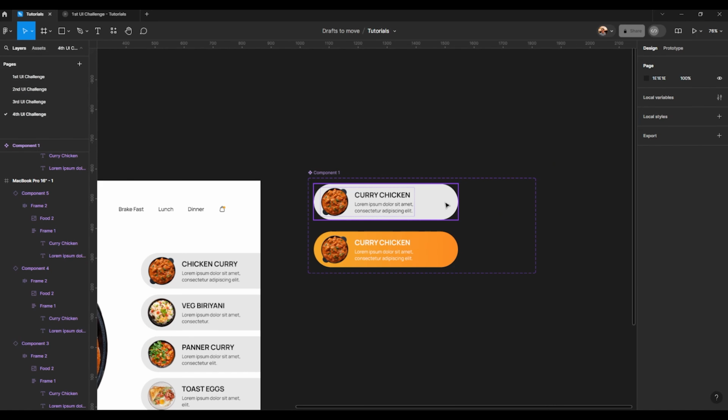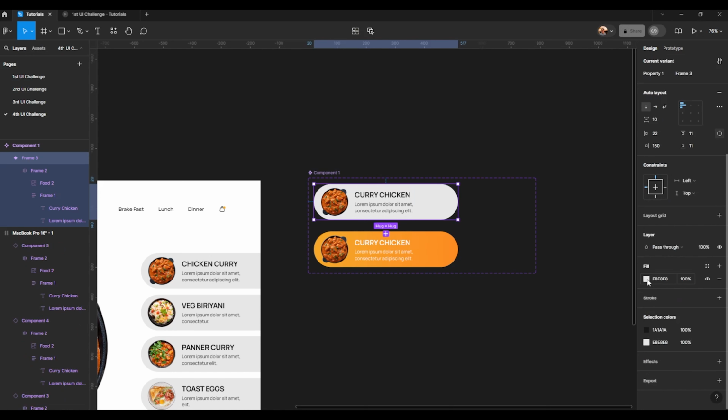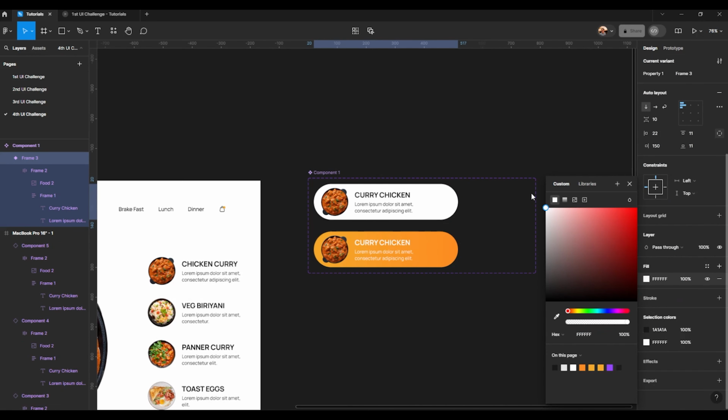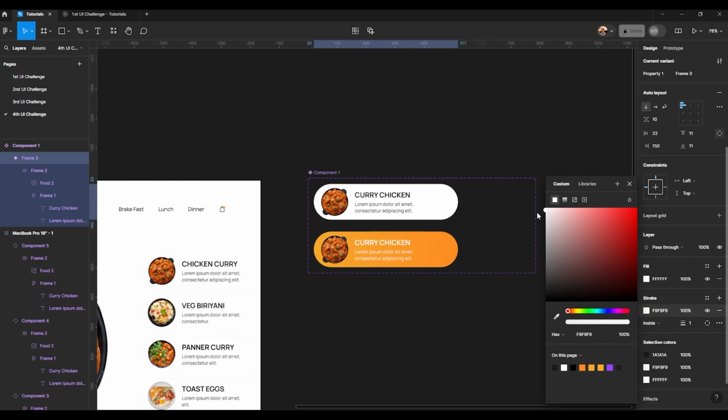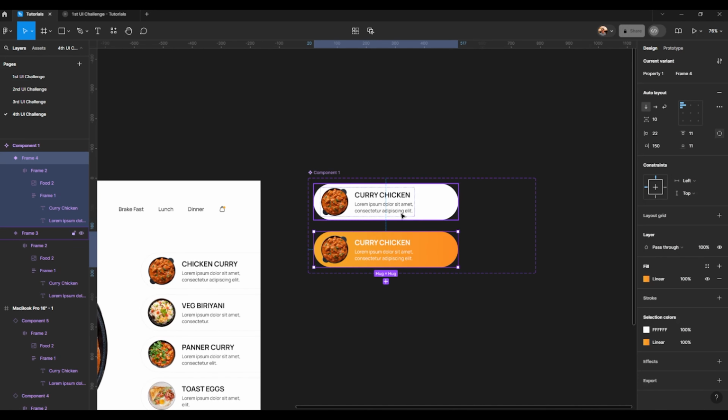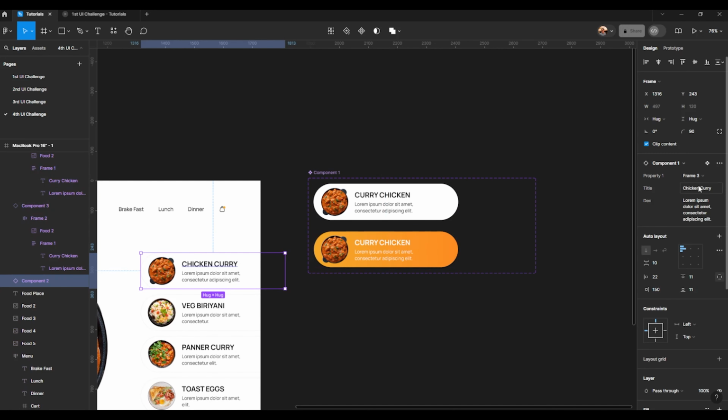Now this is fine. We'll change this color here, or we'll make it full white and we'll give stroke. It should be outside. Okay, till here it is better. For this we'll add shadow. Here we'll change it to